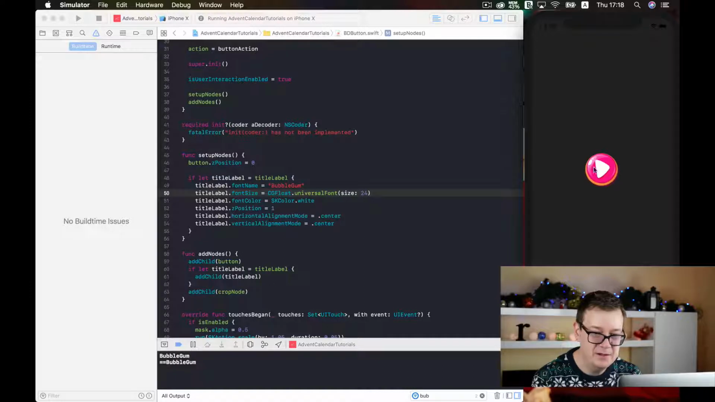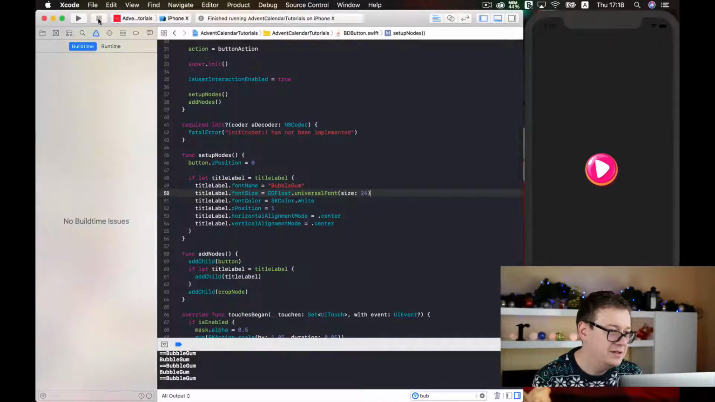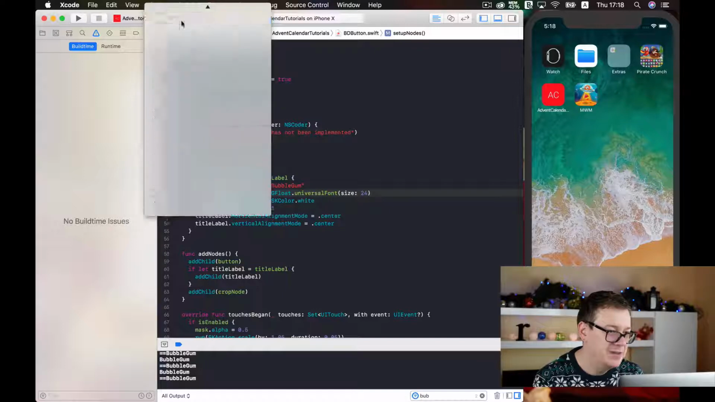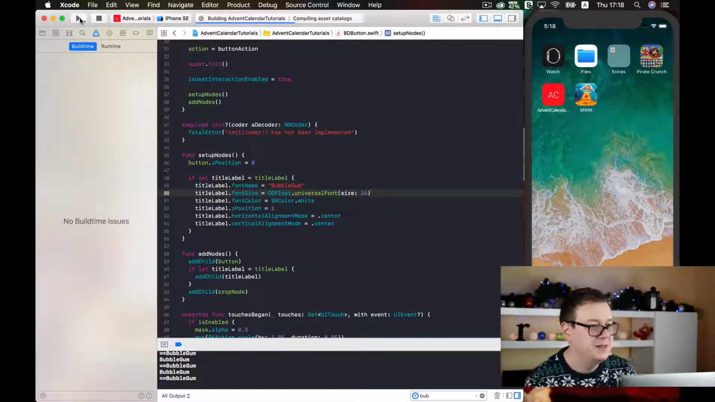and I will just show you how this will stand out in an iPad simulator. So let's go to our, yeah, that is good. And if we tap on back, we go back. Good stuff. Now let us just stop this, and for example's sake, let's run this on an iPhone SE,